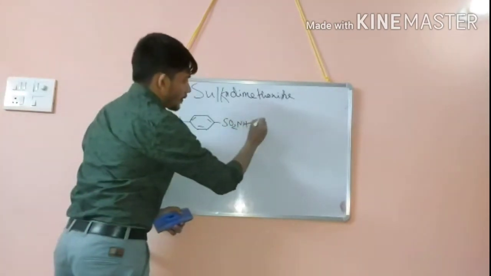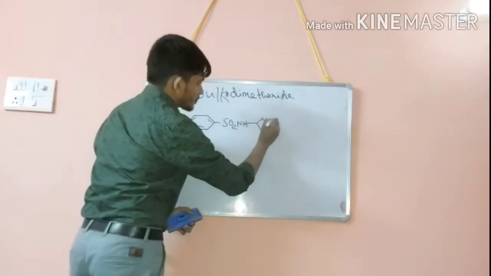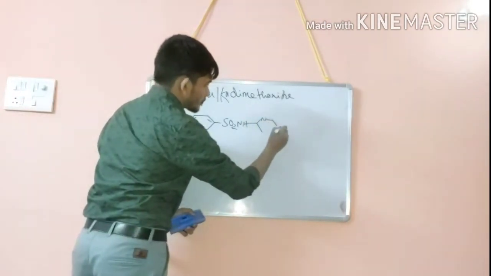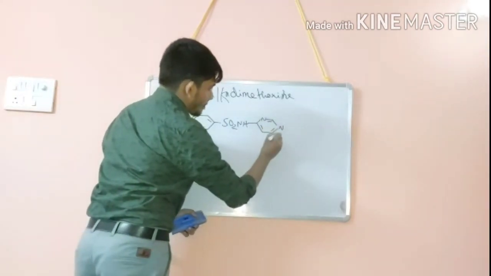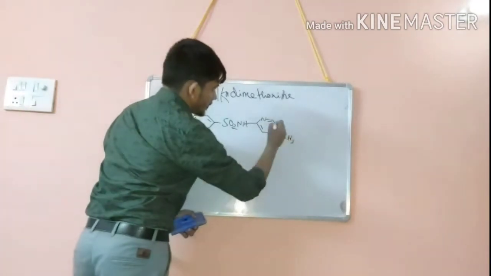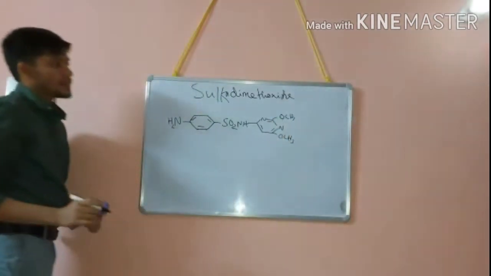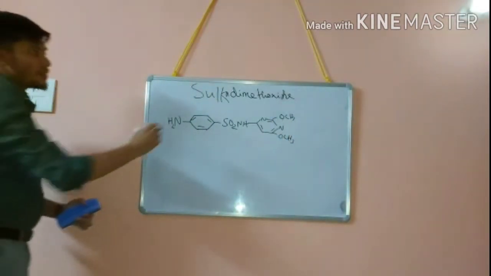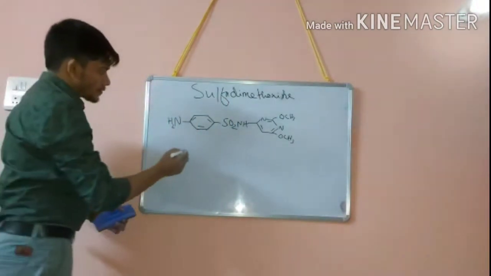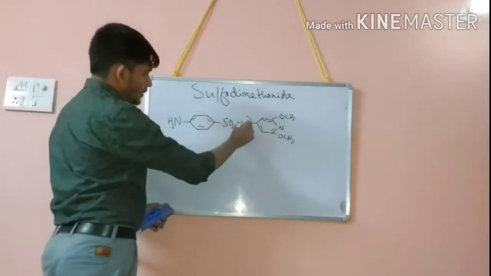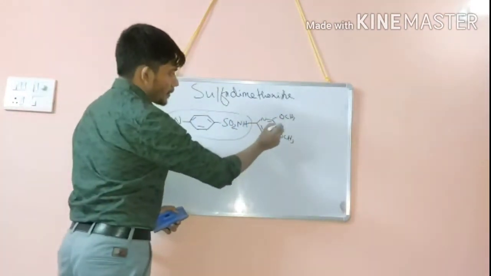Okay, so this is the structure of sulfadimethoxine. Here, if you see, this one is the basic sulfanilamide structure, and this is your pyrimidine